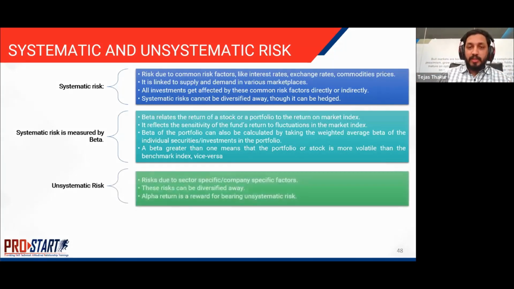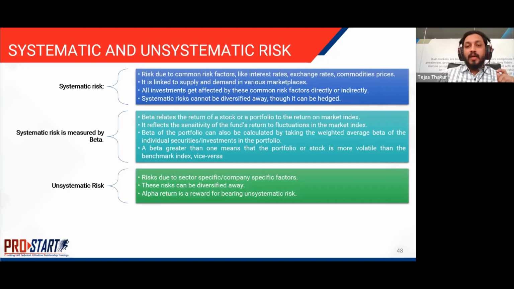Unsystematic risk, coming to the unsystematic risk, these are the risks which are company specific or sector specific, and hence you can diversify by getting into multiple companies or multiple sectors. As I said, again, this needs to be looked upon from an overall portfolio investment approach perspective. If it's a sectoral portfolio, the sectoral risk cannot be diversified. You can only